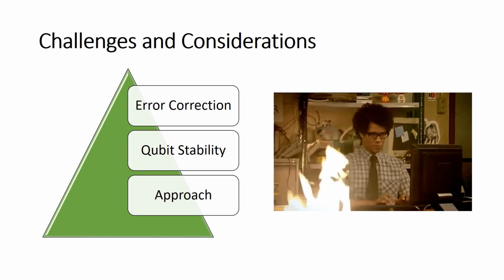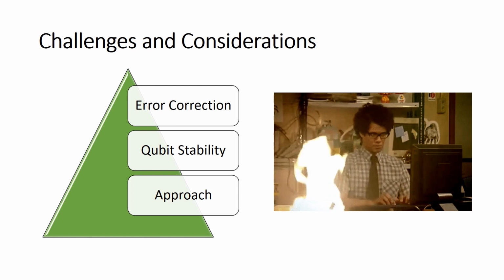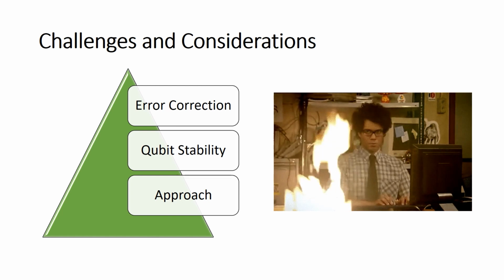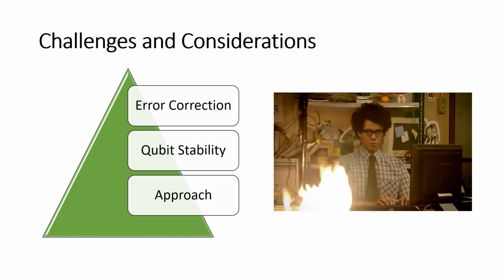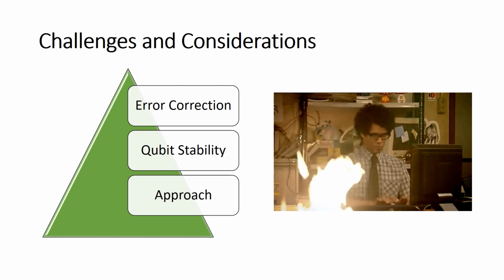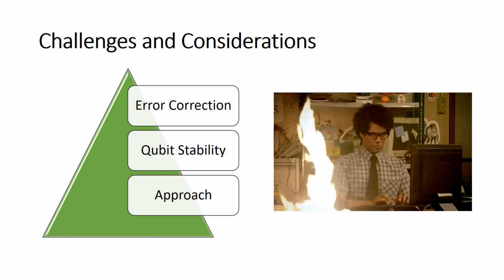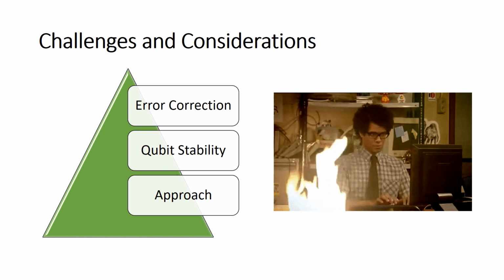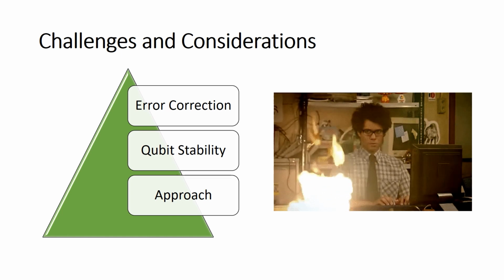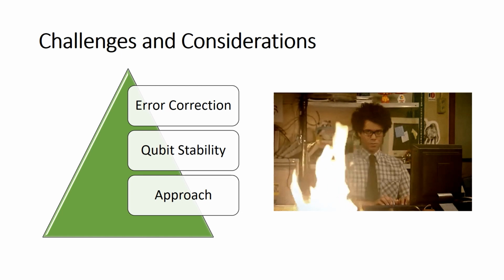Qubit stability. Stability is the backbone of quantum computing. Maintaining qubit coherence and minimizing decoherence are critical. Qubit stability is influenced by factors such as temperature, electromagnetic radiation, and material impurities. Cooling quantum computers to ultra-low temperatures and shielding them from external influences are important. Achieving qubit stability is still a persistent technical challenge that researchers are addressing to realize the full potential of quantum computing.